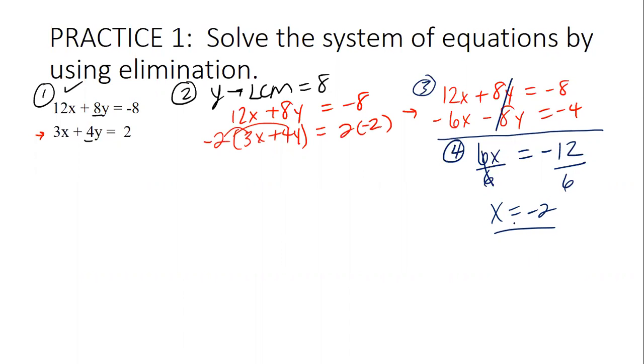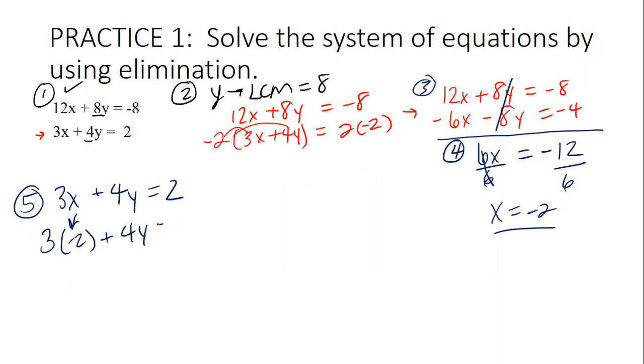To find my y, I take this and I'm either going to plug it into this one or that one. Does it matter which one? No. I always choose the one with the smaller numbers. So I'm going to use 3x plus 4y equals 2. Where x is, I'm plugging in negative 2. So we have 3, but instead of x, it becomes negative 2, plus 4y equals 2. Do you see what we did there? We substituted in for x, right? And when it's 3 times negative 2,